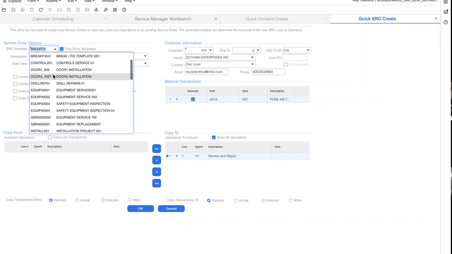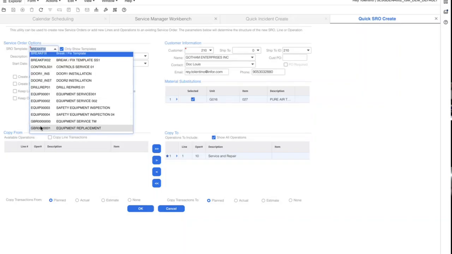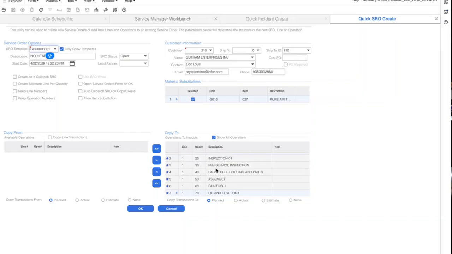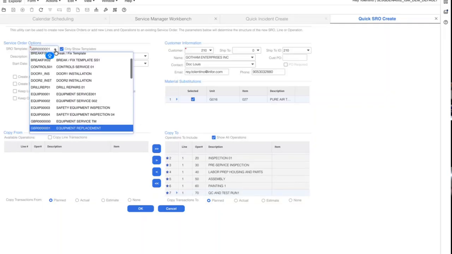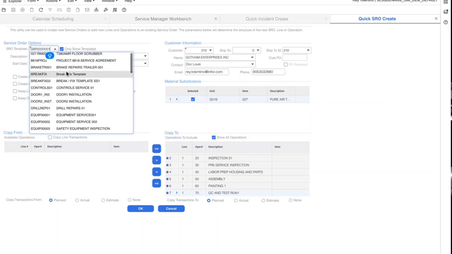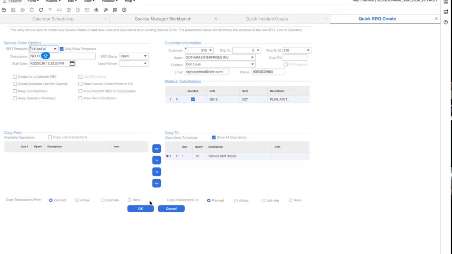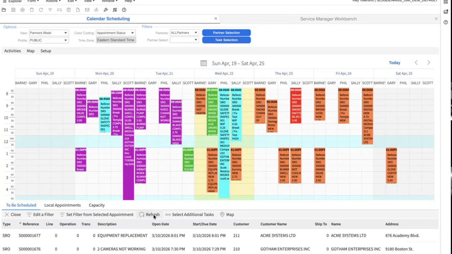Just to show you, if I selected an equipment service or replacement, for example, notice how the list at the bottom right expands to show removing old equipment, assembling the new equipment, and of course doing quality control and so on. But in this case, we're doing the simple break, fix, and repair option. And that would just give me the one line, one operation function. When I click OK, that work order now will be generated, and it'll take me back into the calendar